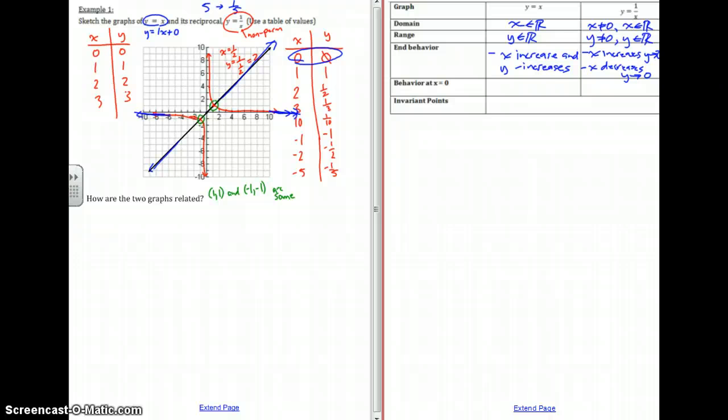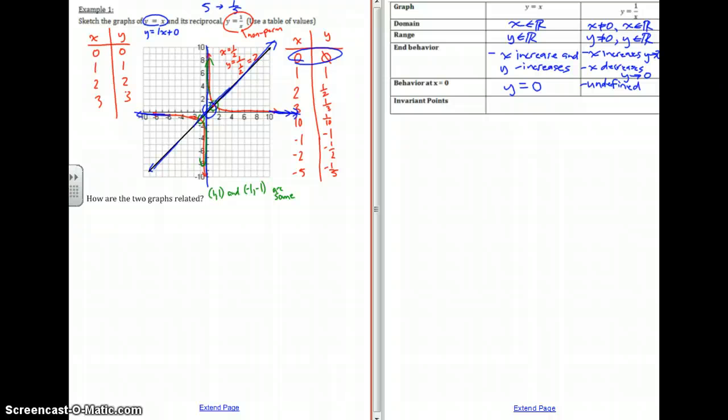Okay, the next part. What about the behavior at 0? Well, what happens for this line at 0? Well, it's just y equals 0. That one works. This other one, this line here, never gets touched. So there, we could say it's undefined. It's an area where the graph becomes closer and closer and closer to, but never quite touches. So that is the concept of a vertical asymptote, which we're going to define right after